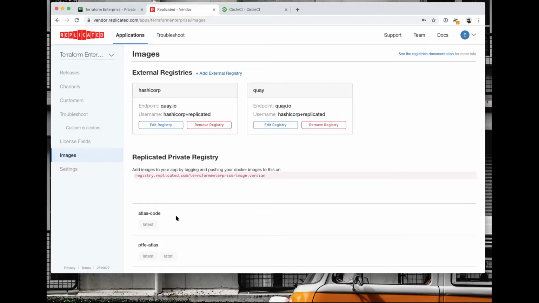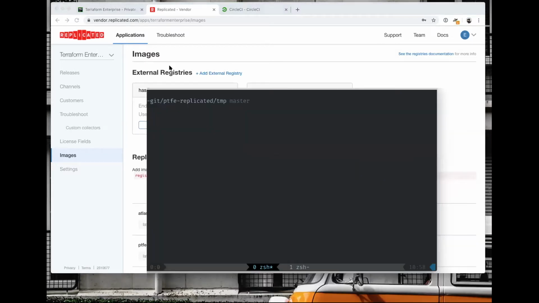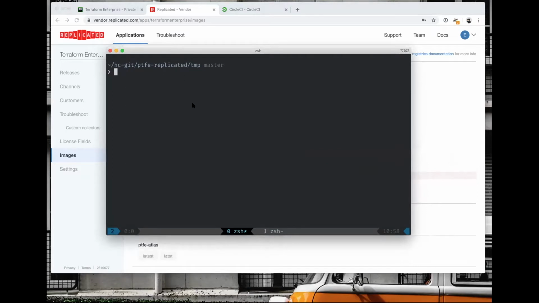So, great. This is a really amazing overview of how you use the Replicated vendor portal and how you get value from it. Now let's go into a quick install of one of the products, to talk about the end customer experience. So we'll just do a quick install of the current stable version of the product.